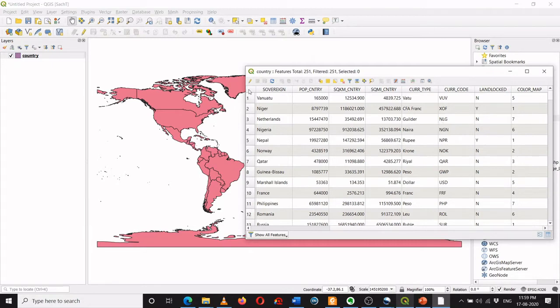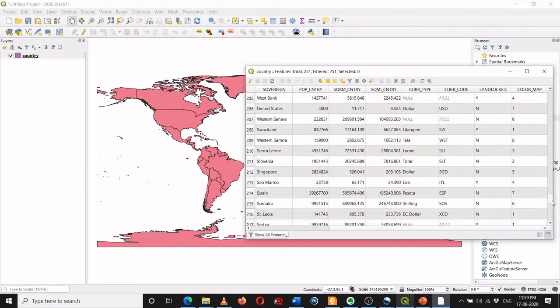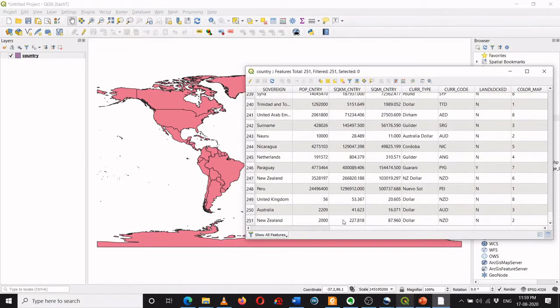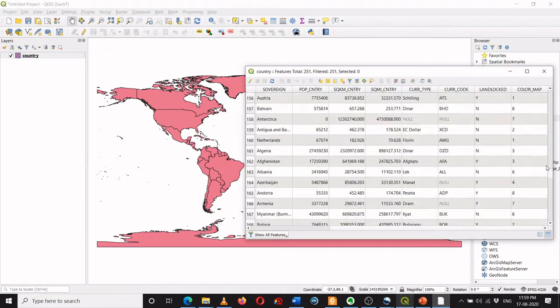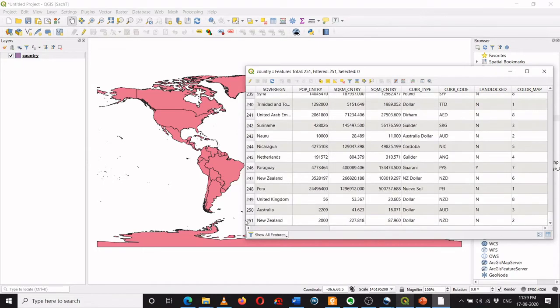So in this attribute table, if I scroll down, I can see information is included in several rows. If I go at the bottom, I can see the row number 251. So this starts with row 1 over here, and there are 251 rows.